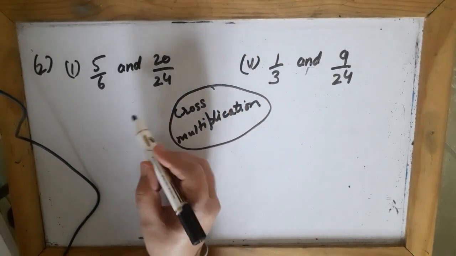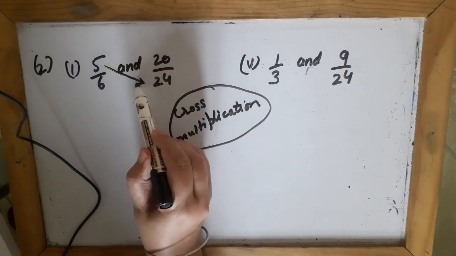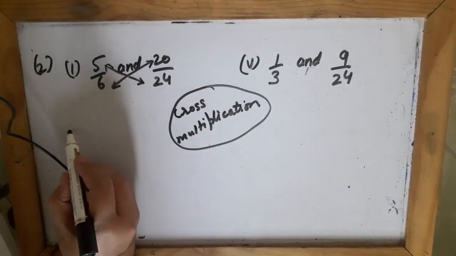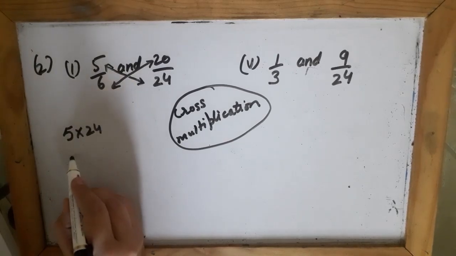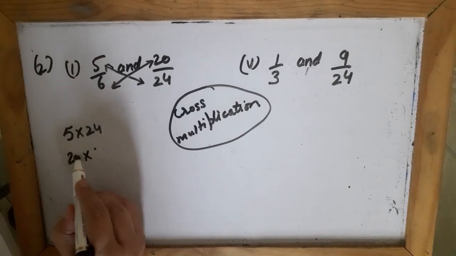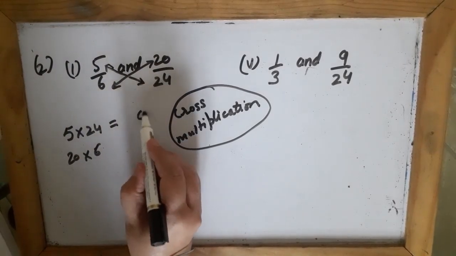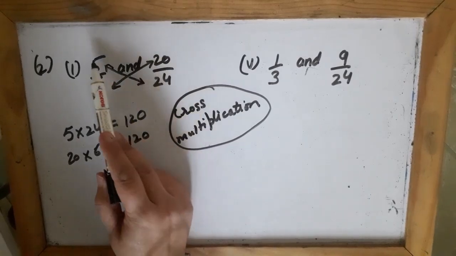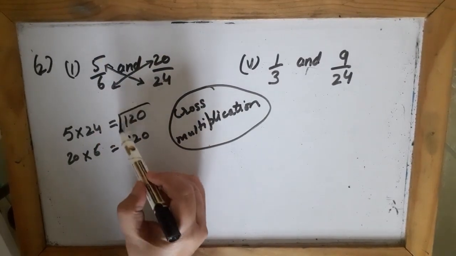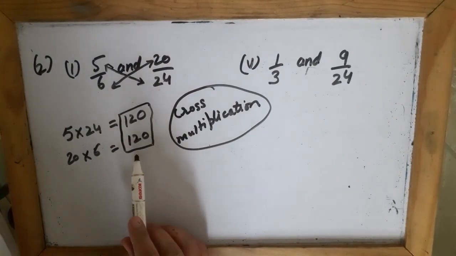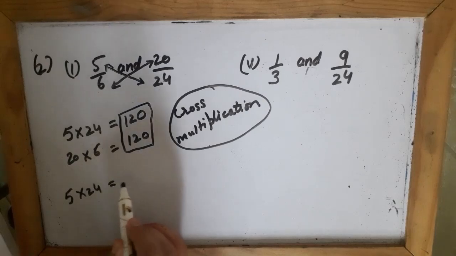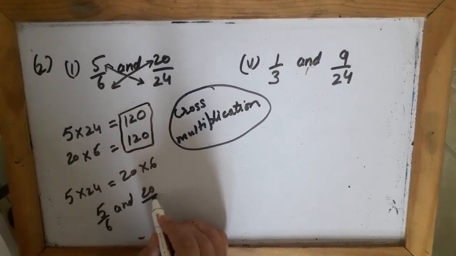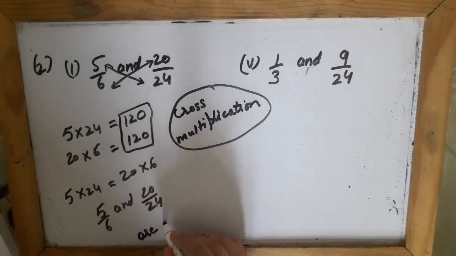Now what does this cross multiplication mean? This 5 I will multiply with 24 and this 20 I will multiply with 6. Now when you multiply, you get 120, and here also 120. You can see when I cross multiplied them, 5 with 24 and 20 with 6, I get the same product, the same answer. Now when you get the same answer after cross multiplication, it means that both the fractions given are equivalent. 5 by 6 and 20 by 24 are equivalent